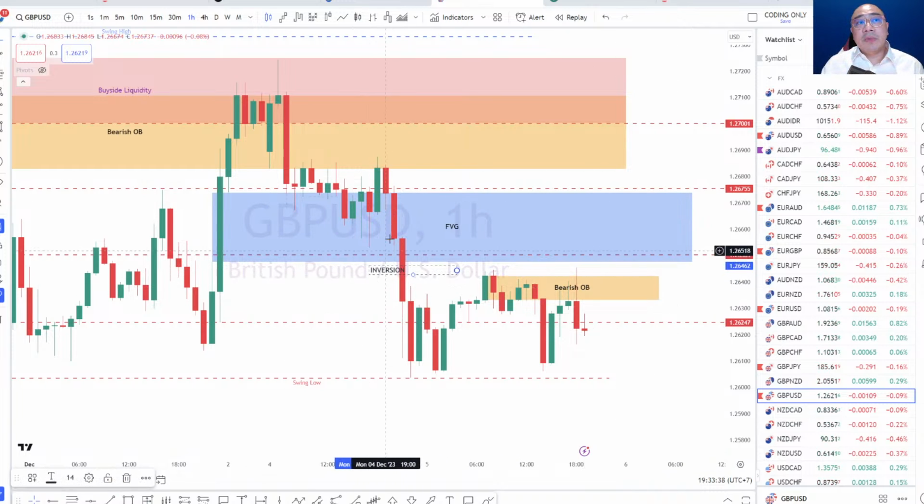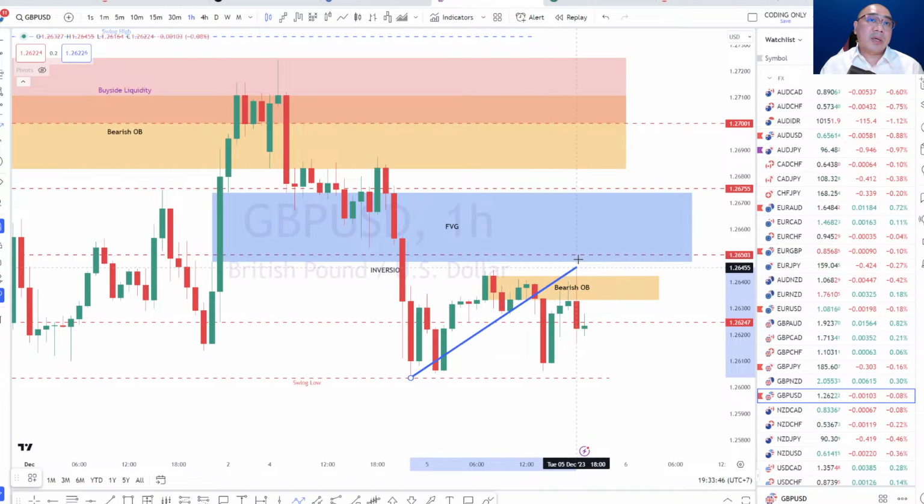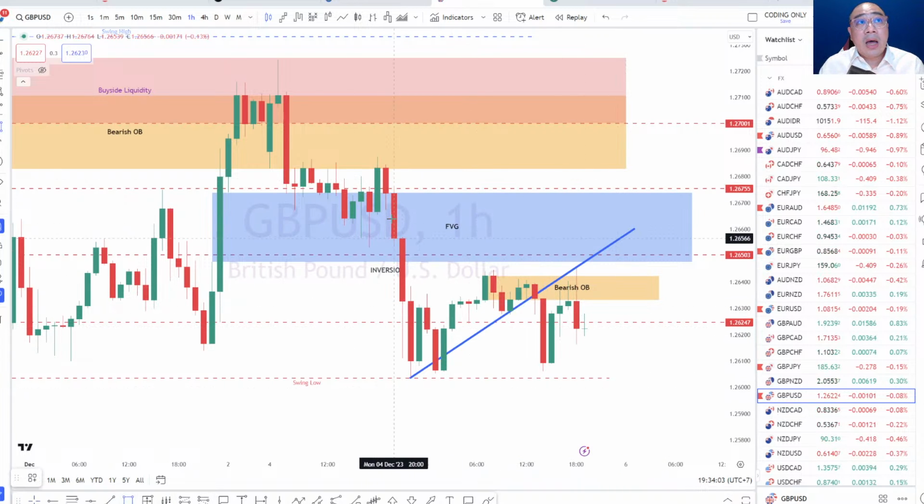There is an inversion because price breaks below that fair value gap. What's interesting with an inversion is that it will attempt to come back and correct itself and try to come back as close as possible to the original fair value gap. And the reason why it doesn't need to go all the way in there to the CE level is because we've established two new fair value gaps, which is here.